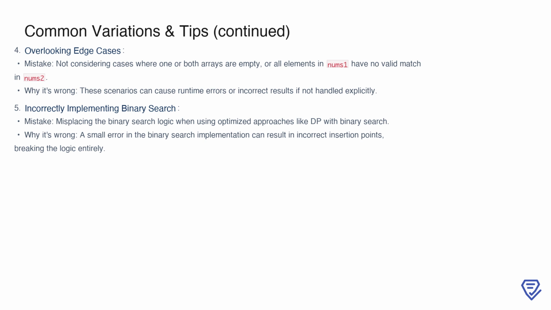Additionally, binary search is a powerful tool for optimizing this problem, but it's also a common source of errors. If the binary search logic is misplaced or implemented incorrectly, it can result in the wrong insertion points, which can completely break the solution. Therefore, it's crucial to test and validate your binary search implementation thoroughly. By being mindful of these edge cases and implementation details, you increase your chances of building a robust and efficient